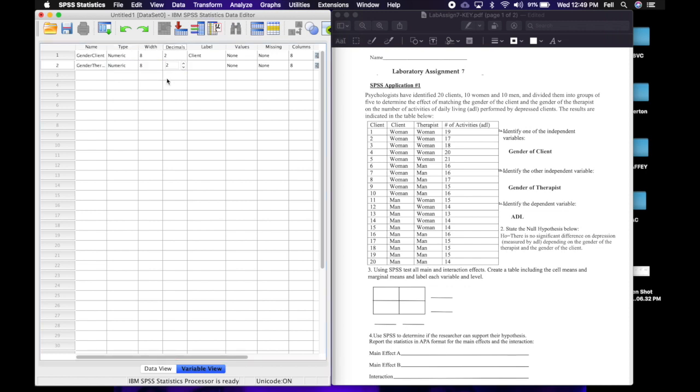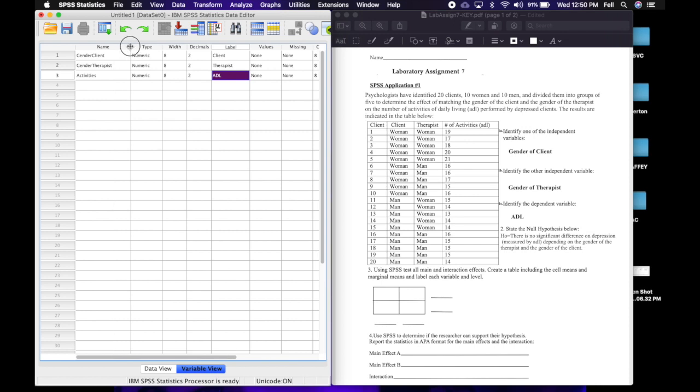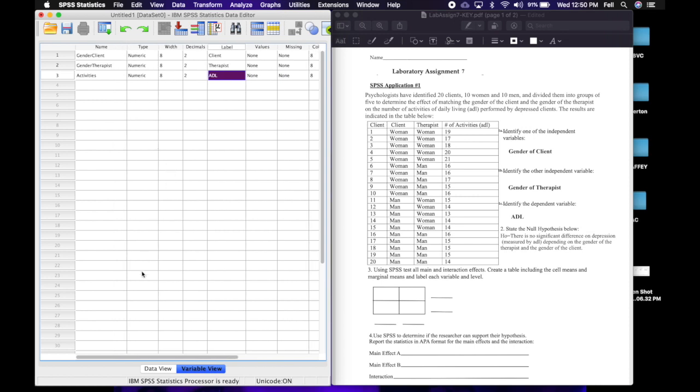And then I'm going to label it just therapist. Okay, so I have my two IVs in there, and now I'm going to put my DV, which is number of activities of daily living. So I'm just going to put activities, and then my label is going to be ADL. All right, so I have all of those entered in, and I'm just going to leave the decimals as they are, and then I'm going to come over here to data view,